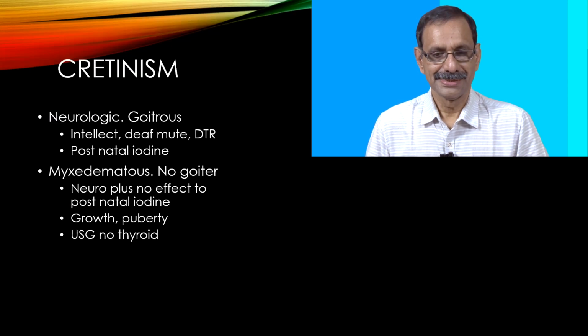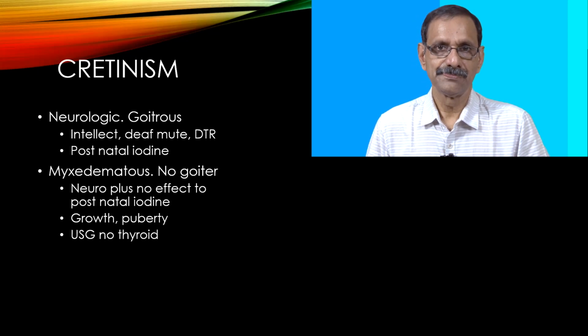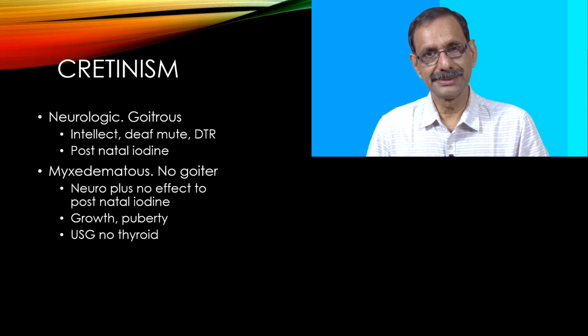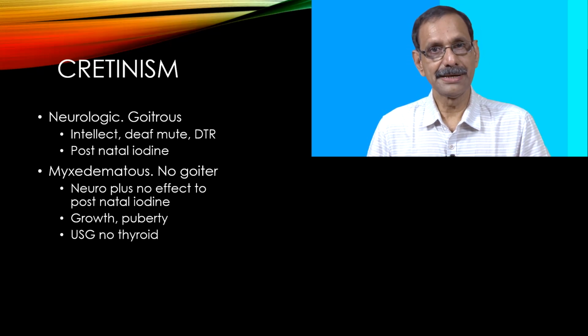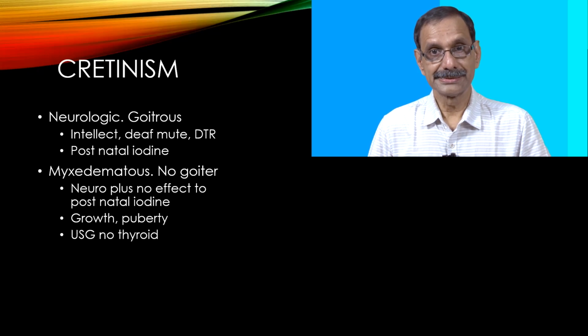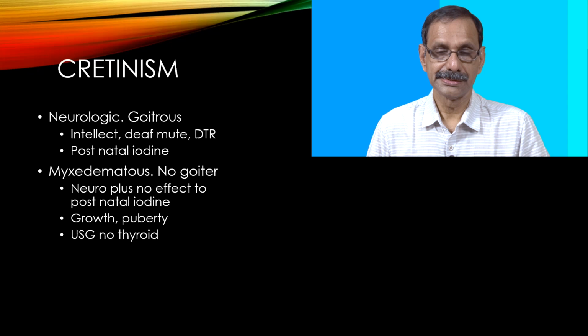What is cretinism? Cretinism is when you have an endemic area of iodine deficiency. So people are all iodine deficient, mothers are iodine deficient. So the baby who is in utero does not get the T4 from the mother. So during early development, say 8 weeks, 9 weeks itself, there is no thyroid hormone to the baby. So the baby's brain development gets affected. So the baby may have intellectual retardation, deaf mutism and pyramidal signs because of damage in utero.